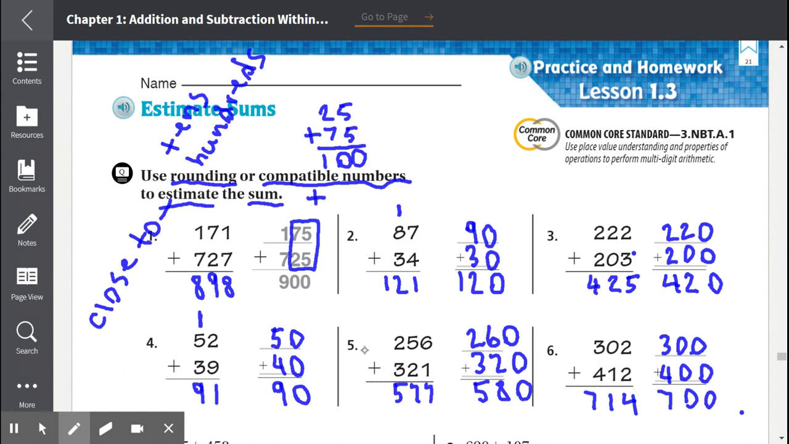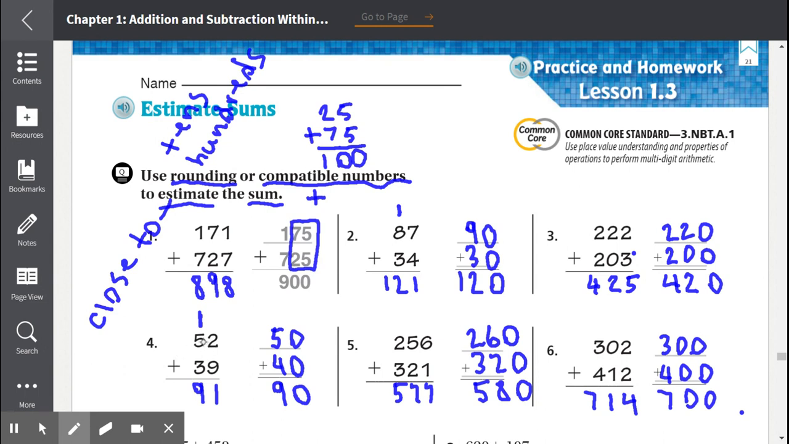Now, back to number 5, 256. If we would have rounded 256 to the nearest 100, it would have been between 200 and 300, but it would have been closer to 300. 321, if we would have rounded to the nearest hundreds, it would have been between 300 and 400, but it would have been closer to 300. Number 4,